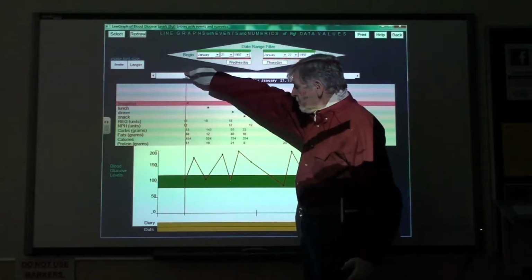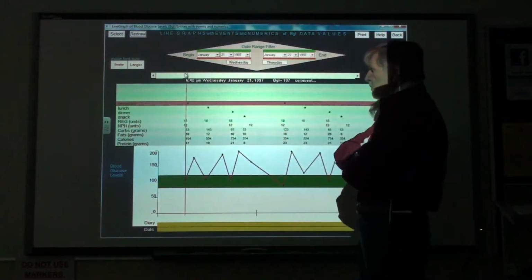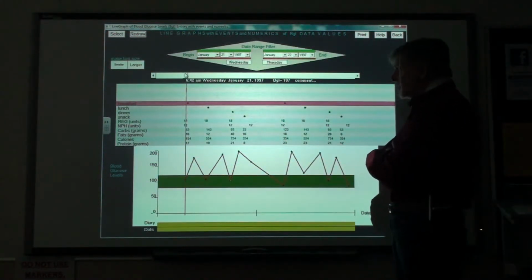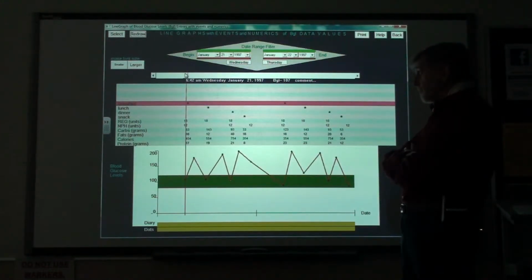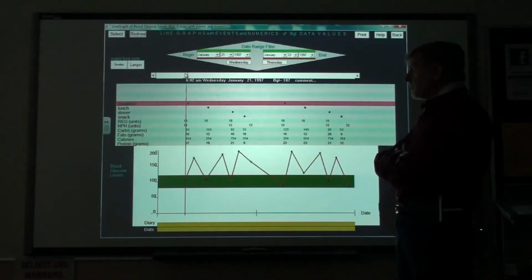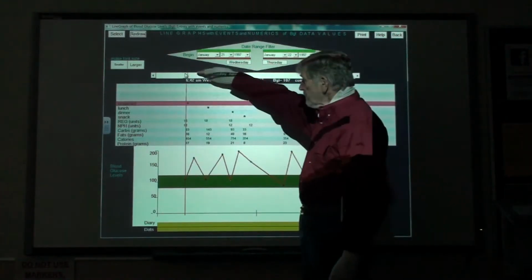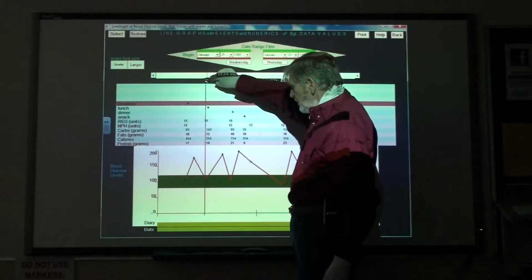The person's fasting reading is fine. They eat a normal breakfast, and they inject 18 units of regular, 12 units of long-term, and immediately after breakfast, which is a normal breakfast, nothing wrong with that, their reading goes high. So it goes high, and then the food wears off, and the reading drops back down into the target zone,